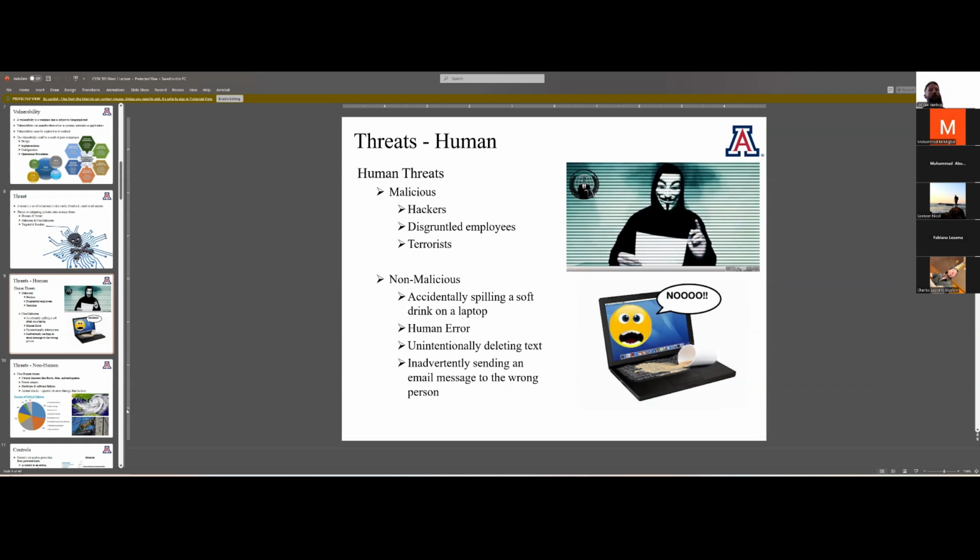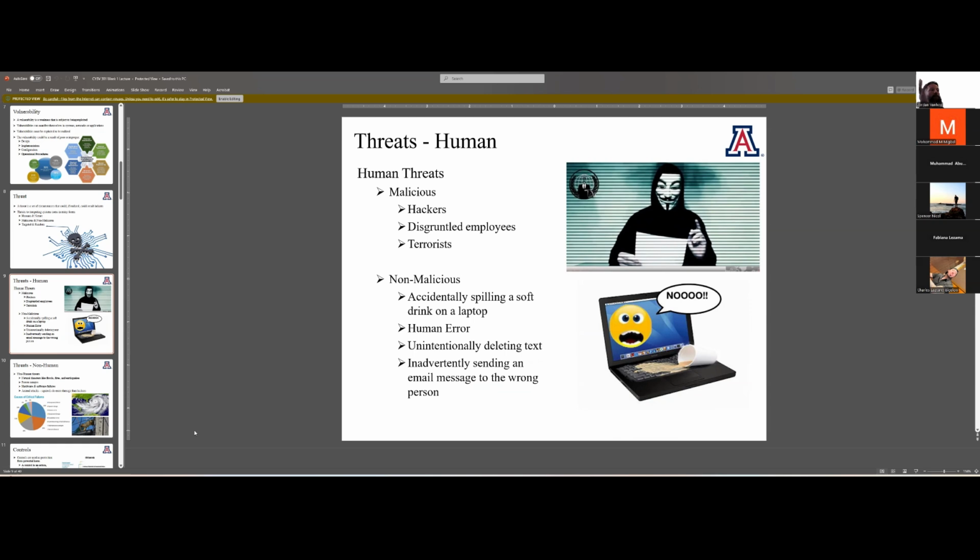The malicious people, most people already understand that area, right? Like hackers, terrorists, disgruntled employees are just a few to name, right? We're actually going to have an entire discussion on what those human threats are and their different classifications, white hat, black hat, gray hat, and stuff like that here in a little bit. But I know that it can be broken down to malicious, non-malicious.